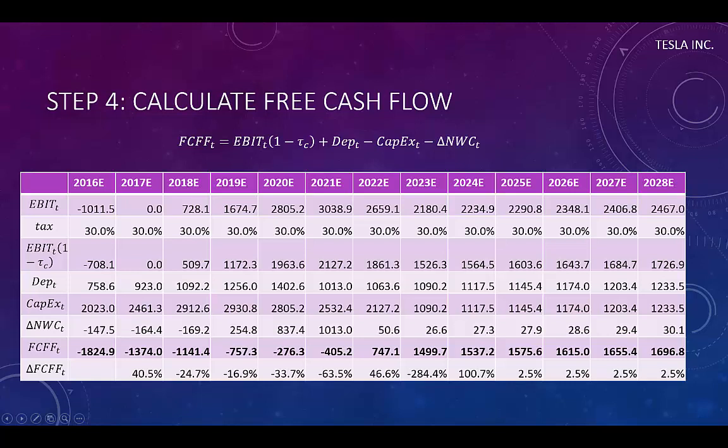We can collect all of the forecasts into one table and calculate the free cash flow for the firm using the equation at the top. If we also calculate the change in free cash flow, we are able to identify that the growth rate of cash flows is constant at 2.5% from 2025 onwards. The reason that we have a constant growth rate of 2.5% for the free cash flow is that we assume that the revenue growth rate in a steady state was 2.5%, combined with the fact that all the other cash flow elements are functions of the revenues through the ratios. This makes the revenue growth the major determinant of the cash flow growth rate in a steady state phase.